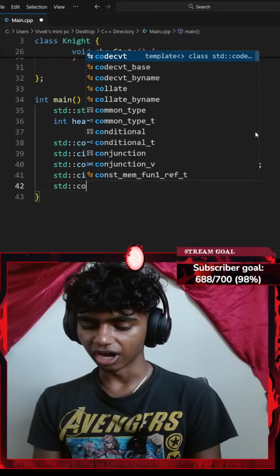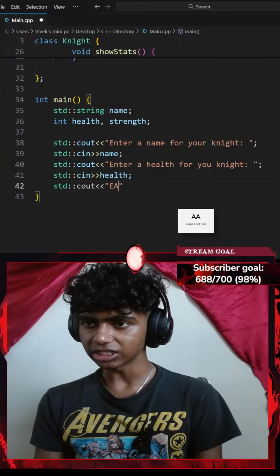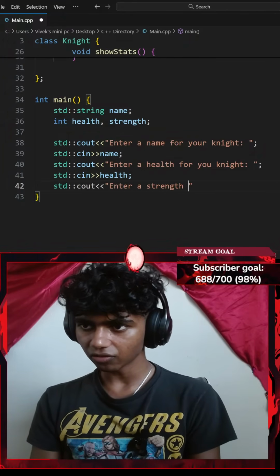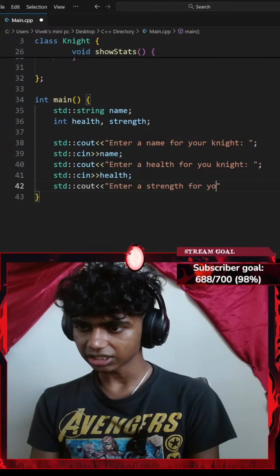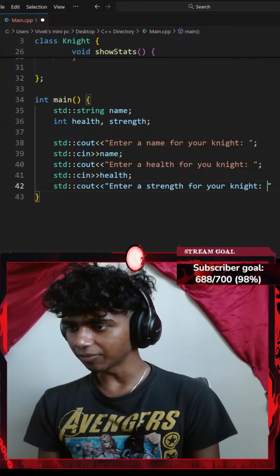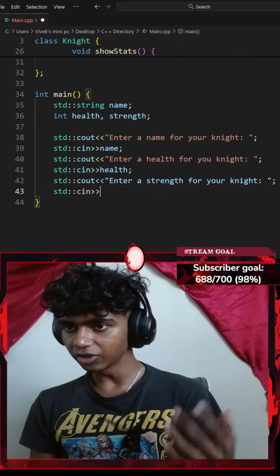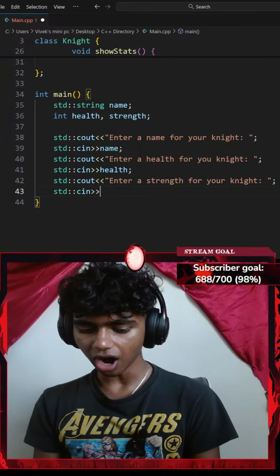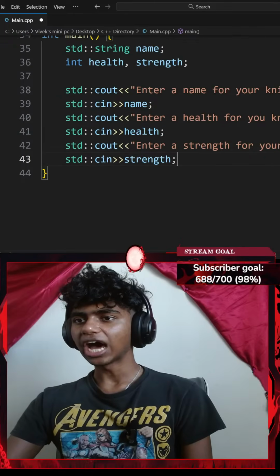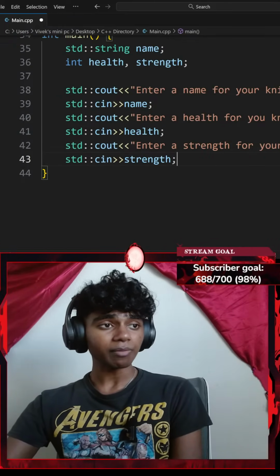Lastly, I'll go with another standard console output with an insertion operator that says something like enter a strength for your knight. There we go, ending with a semicolon as well. And that said, one last standard console input with an extraction operator of my strength variable ending with a semicolon. Okay, now that I got all the values for my variables, it says use method chaining to